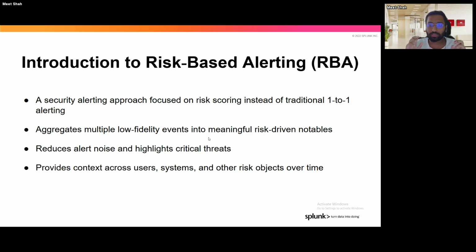I'll give you one simple example, which I think I mentioned in one of the earlier sessions as well. Imagine three different use cases, where one is looking over the invalid SSH attempts on specific